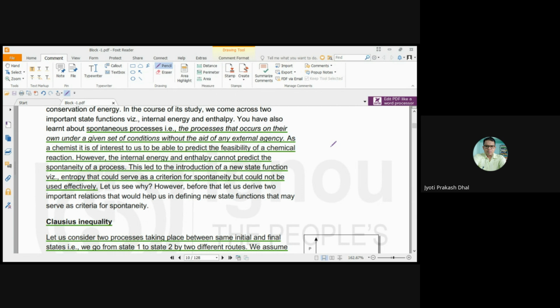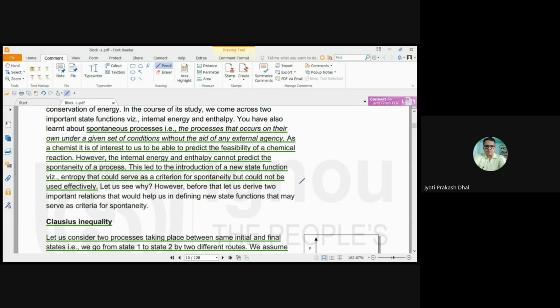And coming to the non-spontaneous process, these are those physical processes which require continuous force to carry out the process. That means if we stop any type of external supply of force, then the process will stop. So here we will discuss the criteria of spontaneous processes. What is the criteria for any thermodynamic process to be spontaneous?